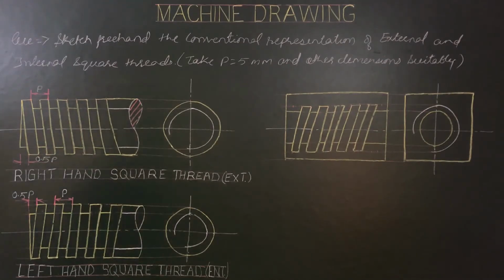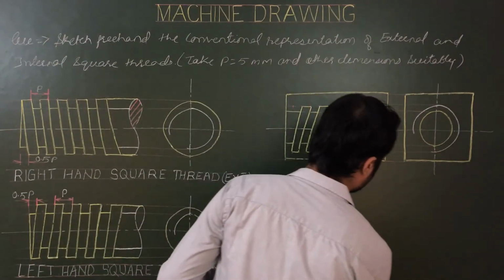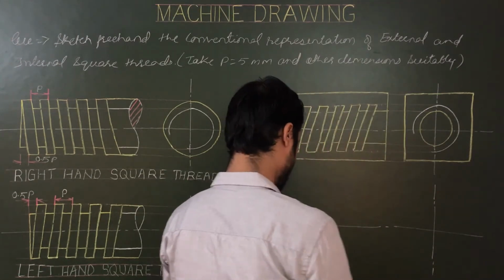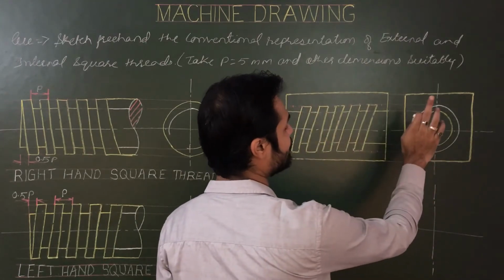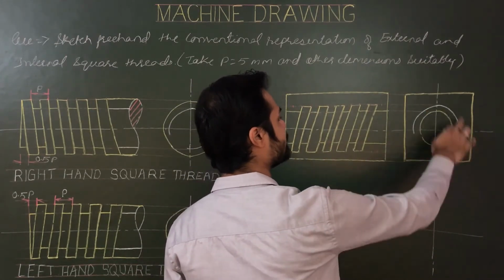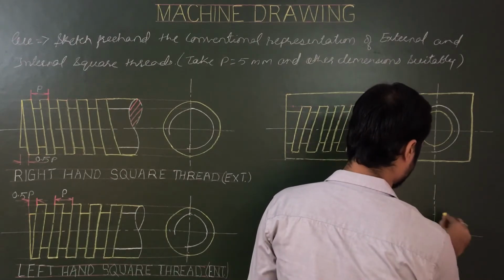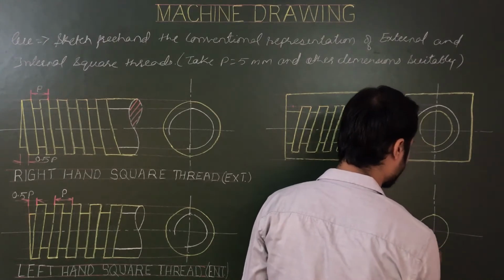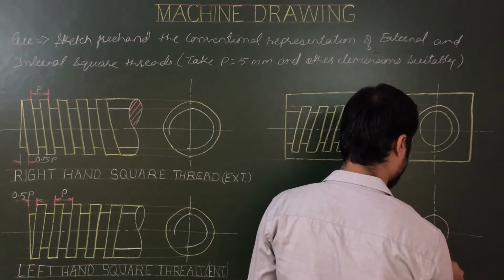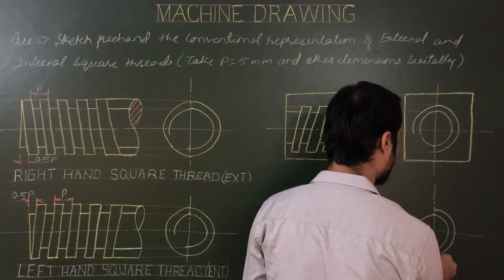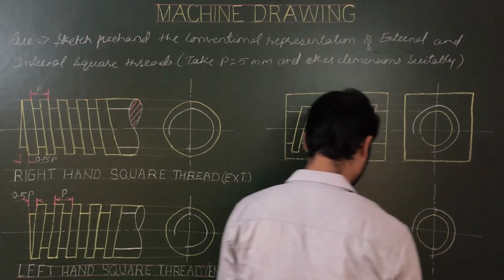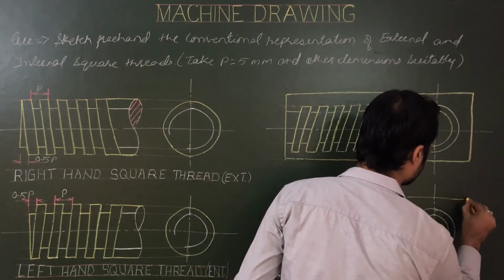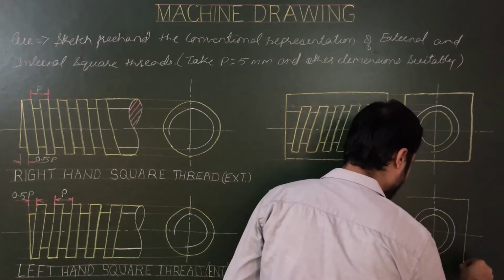Now for left hand internal thread, again repeat the process. Draw center line first, then draw vertical line like this. Again draw two circles. So draw two concentric circles of dia 0.8 D and D. First circle with dia 0.8 D complete, second circle with dia D incomplete or discontinuous in third or first quadrant. Then draw a box like this,